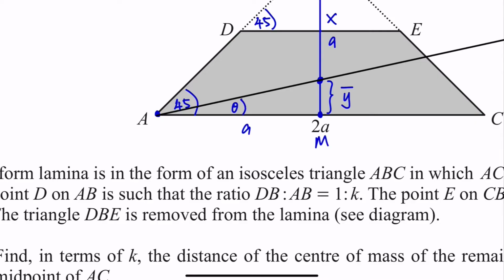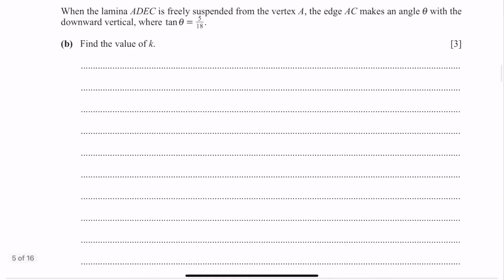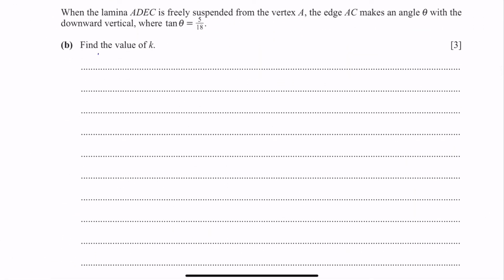This would be the angle theta, and tangent theta would just be y bar over a. So tangent theta equals y bar over a, and tangent theta is given as 5 over 18,